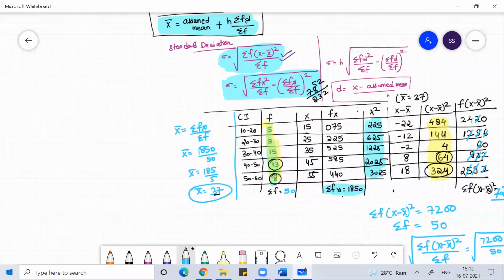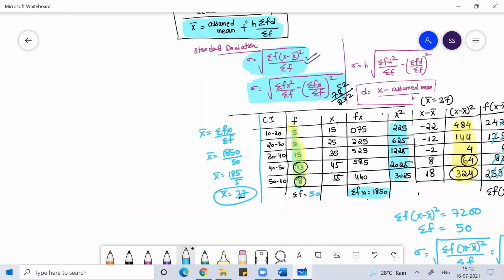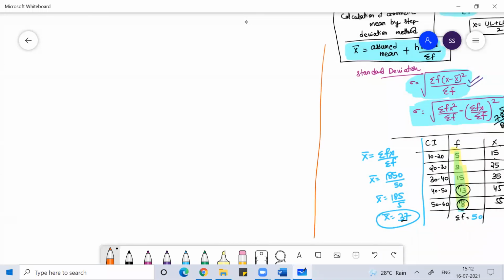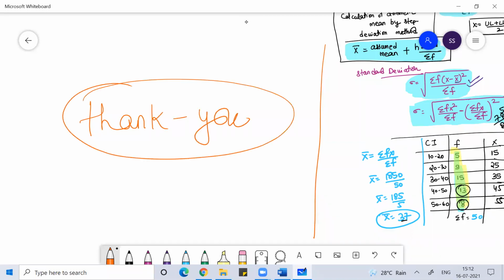Okay, so I hope you understood. So this much from today's class. We'll continue our discussion tomorrow. Recording of this class, in 5-10 minutes you'll get in my YouTube channel link. You can go through it if you want to refer to it in the future. Today we did mean and standard deviation calculation by direct method. Tomorrow we'll discuss the same kind of question using step deviation method. Any doubt before I wind up the class?